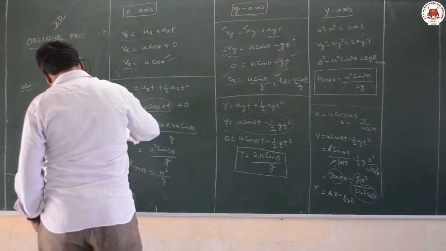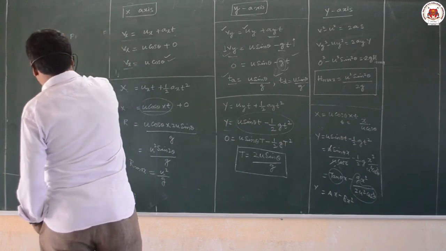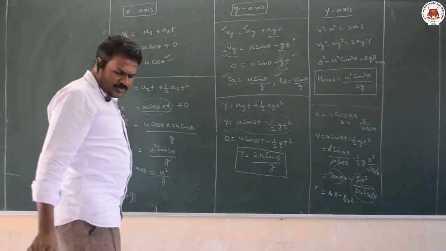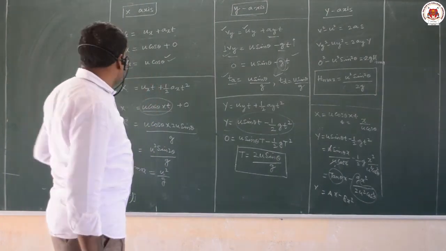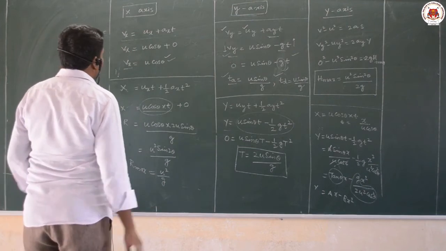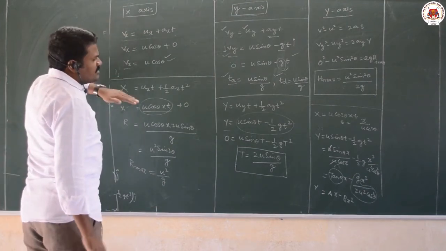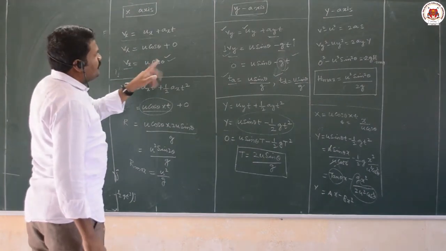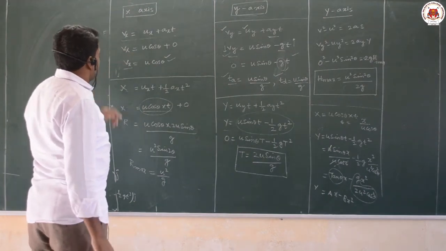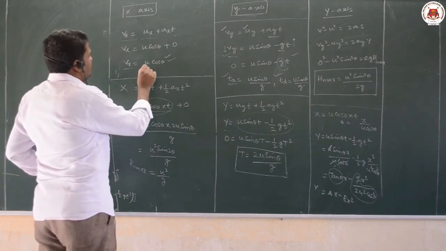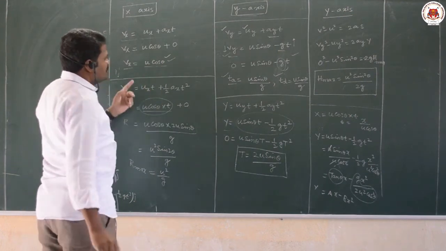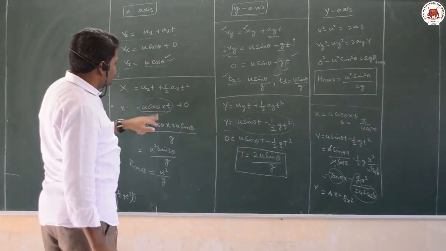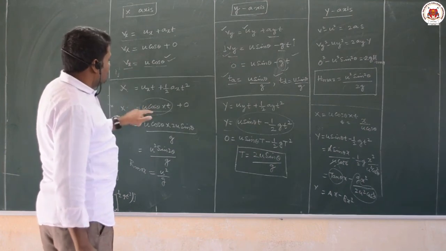Trajectory of a projectile is a parabola. And now there are some points to be discussed based on these formulas. If you observe the formulas of the x axis and y axis, you will come to one inference. If you observe the x axis, it is nothing but a body moving with uniform velocity of u cos theta along the x axis. It is uniform velocity, because u cos theta into t is directly obtained.